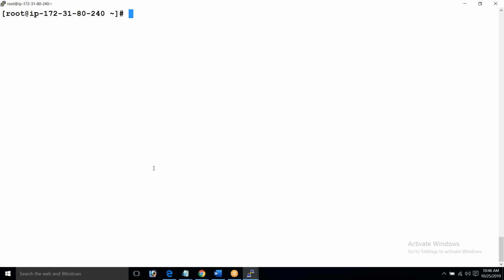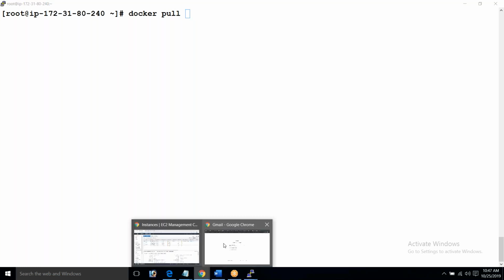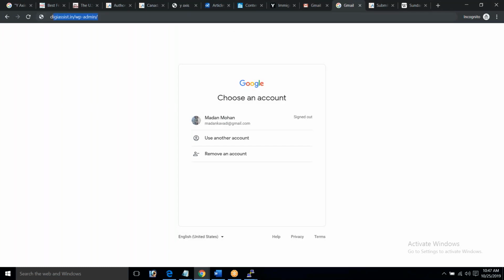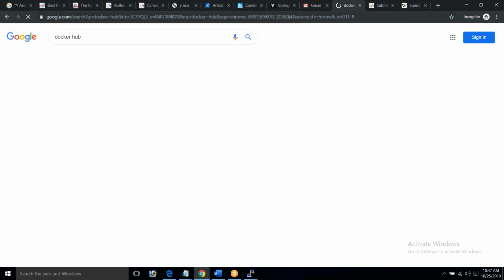Now let me show you a couple of other images directly. So we have seen building an Nginx server, right? Install the package, do some modifications, Tomcat, download some war file, install Java. But with Docker containers, it's seamless. It's very simple. If you want to pull some images, we say docker pull followed by the image name. But which image? What is the image name? What is the repository? Where will you find it? Docker Hub.